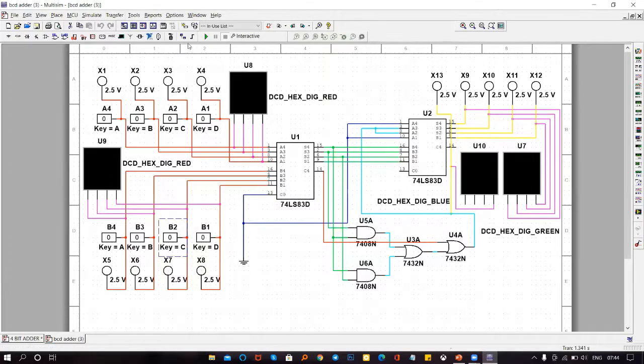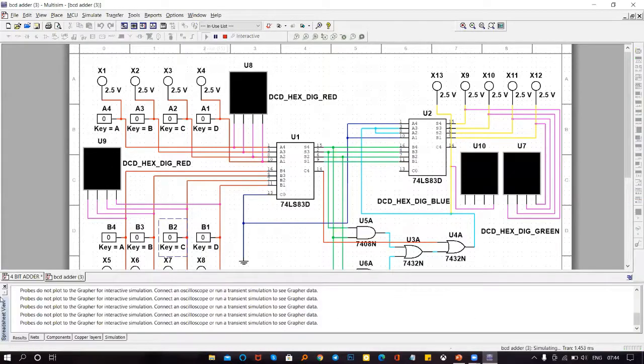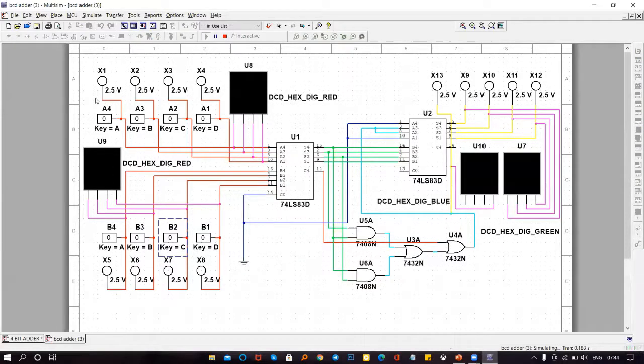Let's run it and give some inputs. 4 plus 4 gives 8. Now when I give 8 plus 4, which is basically 12, it is separated and shown as two different digits, 1 and 2. Let's say 10. It gives 1 and 0. So this is the major difference between the BCD adder and the 4-bit adder.